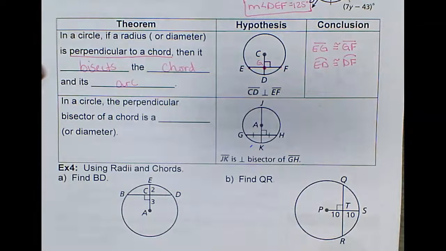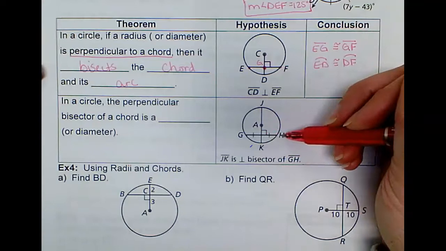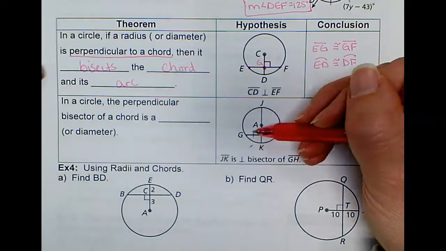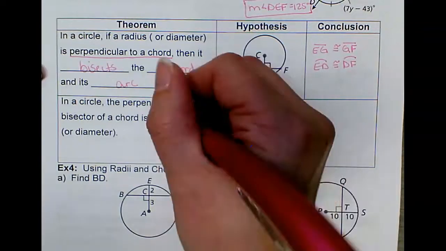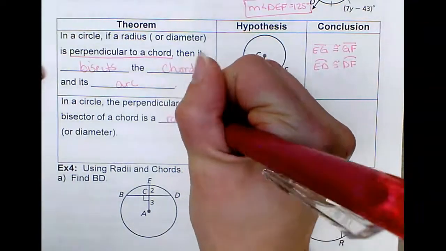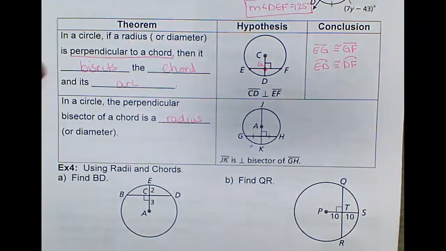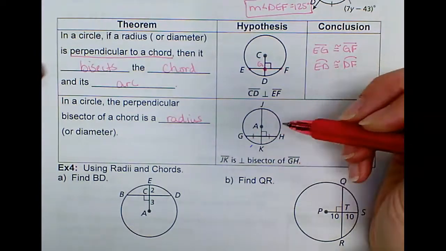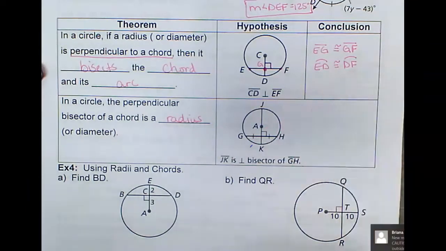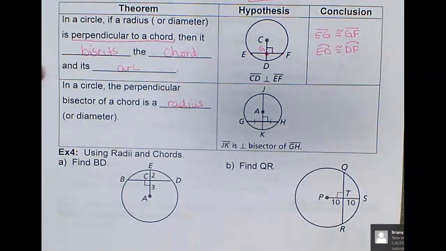And finally, in a circle, if the perpendicular bisector of a chord, so here's the chord, here's the perpendicular bisector, if the perpendicular bisector of a chord is a radius or a diameter. So my conclusion is that JK is the perpendicular bisector of chord GH. So I'm going to use those theorems in